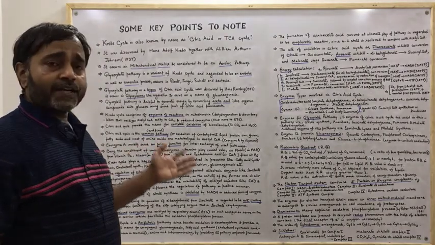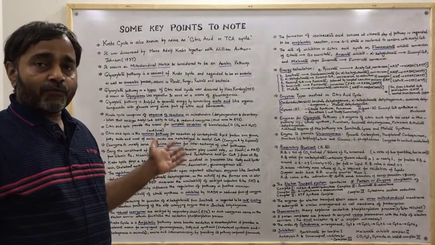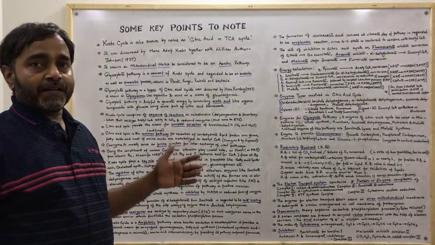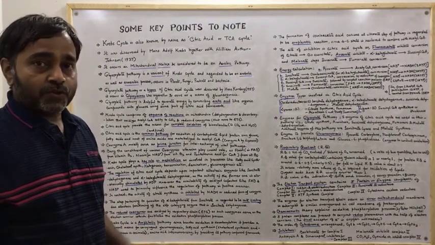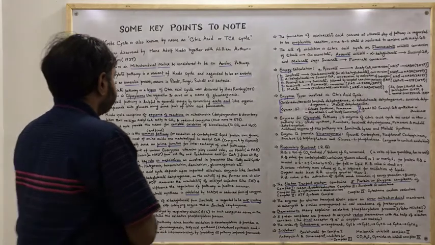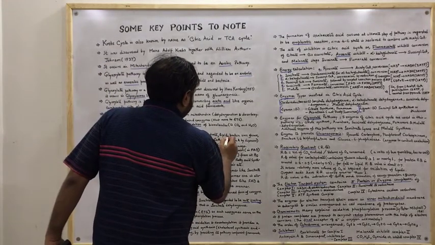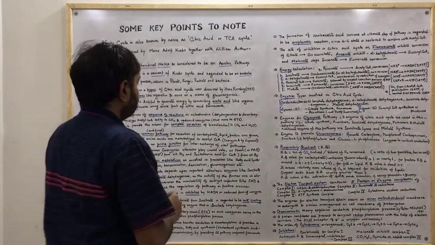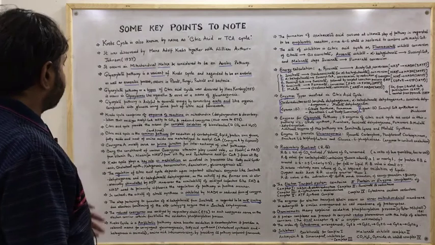And in the last I have written that acetyl-CoA was discovered by Lippmann. The full name is Fritz Lippmann and he discovered that in year 1946. So this is the fact. We need to put comma here because these are the separate biomolecules. Now what is the next fact that is written in this?